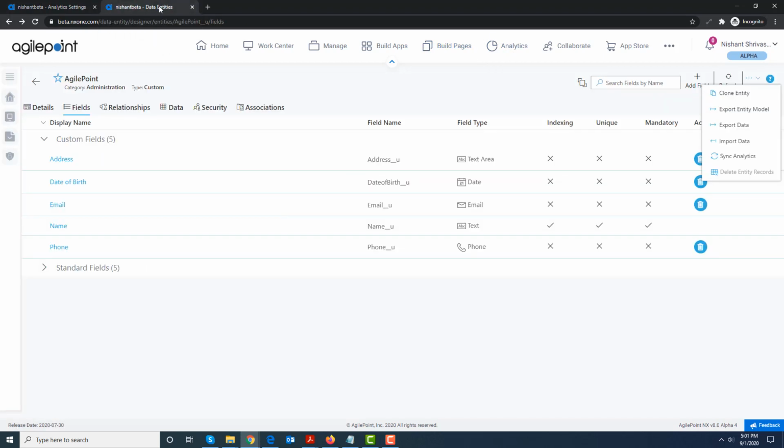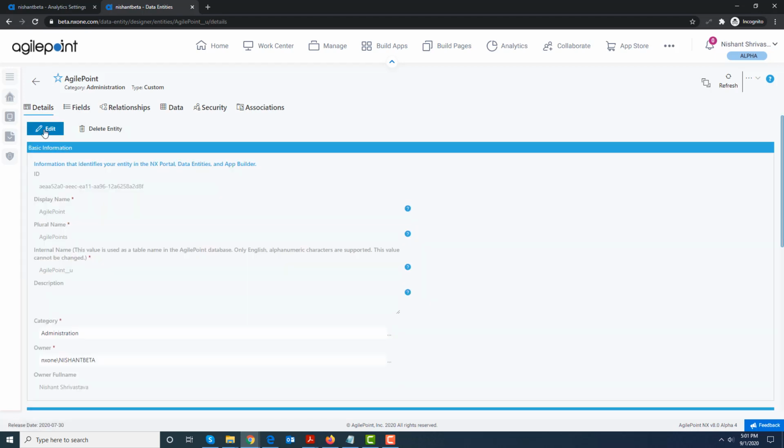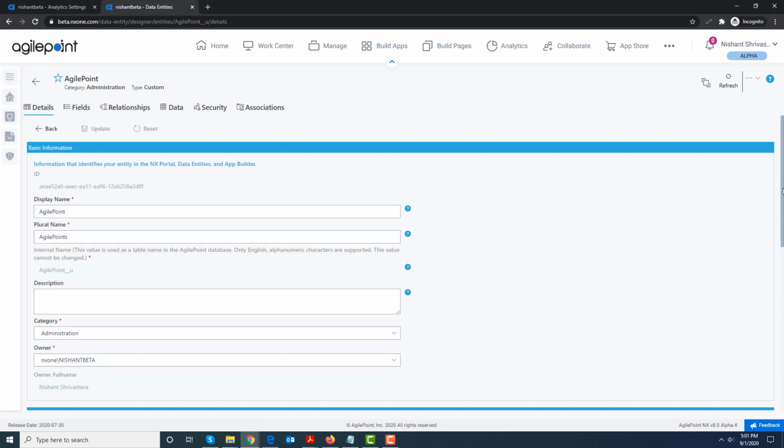Now if I go back, as you saw, as I'm making changes to my entity, whether I'm adding fields or editing them, I can precisely control which fields can be reported against. Now what if I wanted to disable the Analytics Center access for this particular entity? I can go back to details, put it in edit mode,